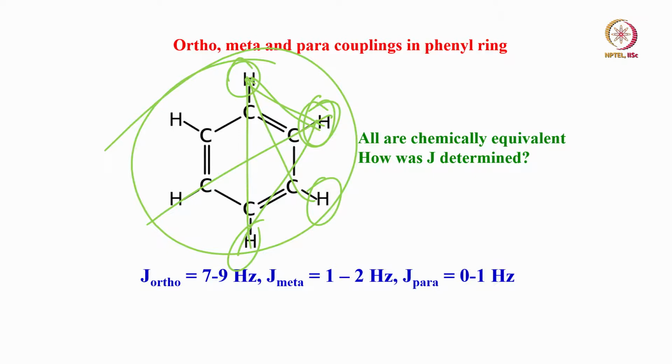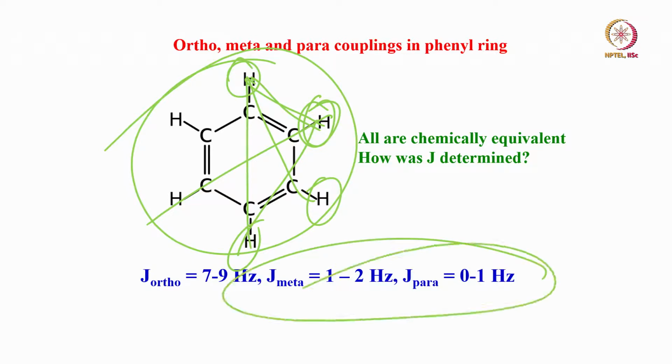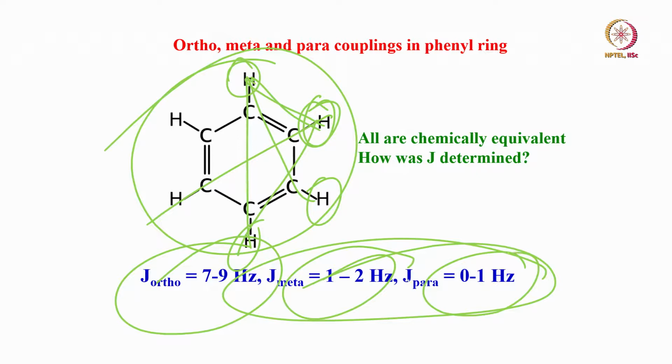Then how do you get the couplings? There is a way to do it, which again I do not want to discuss now, but we can know that in such aromatic systems ortho coupling is quite large, of the order of 8 Hertz, meta is 1 to 2 and para is between 0 to 1 Hertz. So, this is the knowledge which I wanted to tell you, and with this I have more or less covered